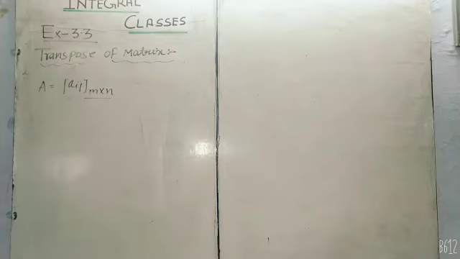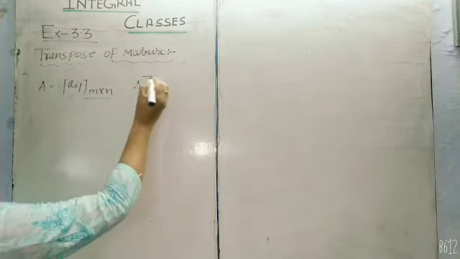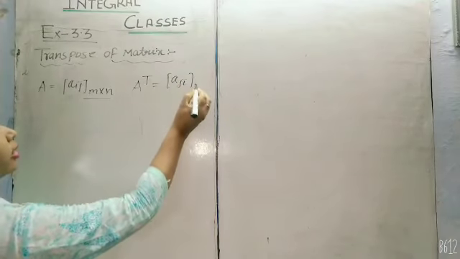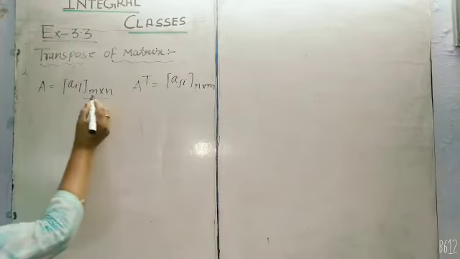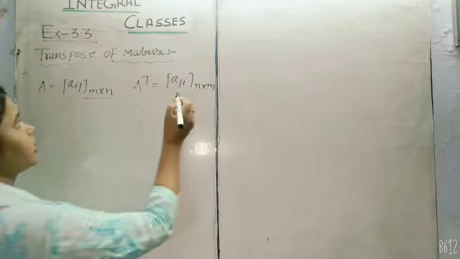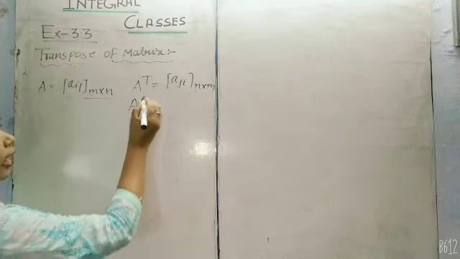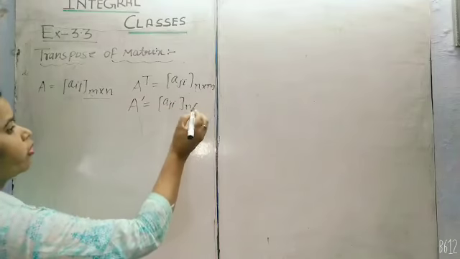Now we will change here, and the matrix obtained by interchanging rows into columns. It means if we write its transpose, it will become Aji, with order n cross m. It means rows change into columns and columns change into rows. So this type of matrix is called the transpose of a matrix. We will denote it by A dash or A T.